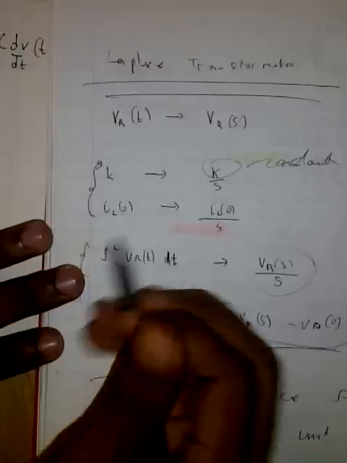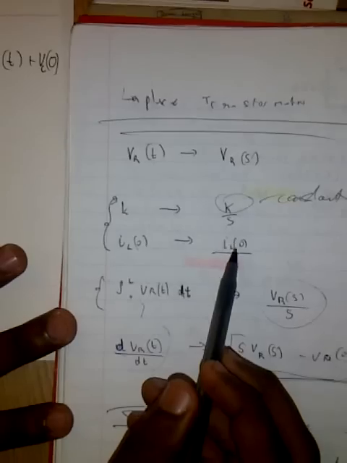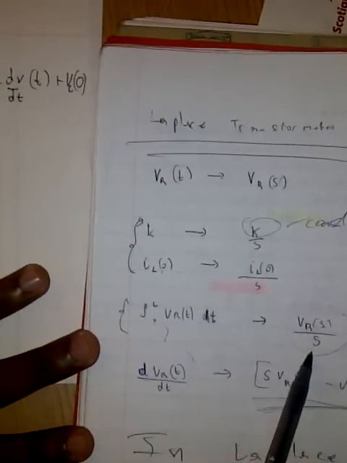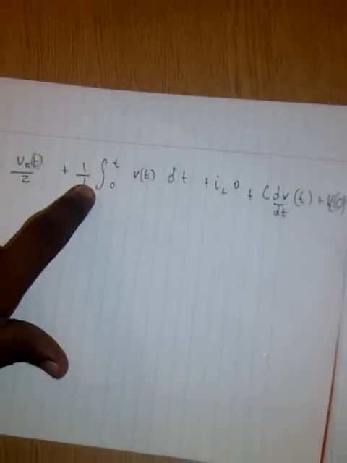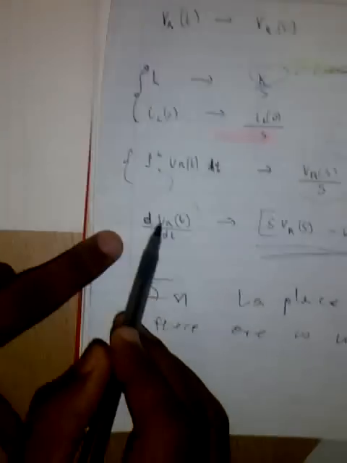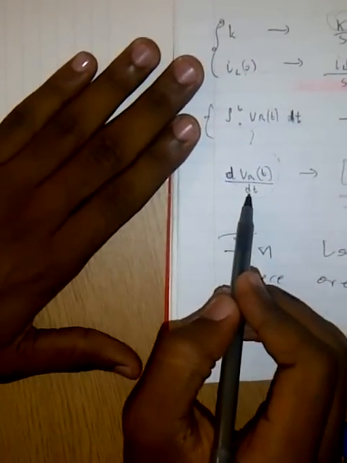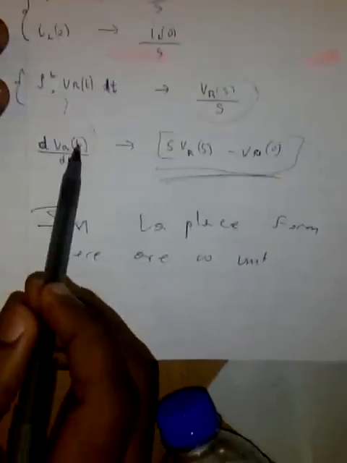Now this is the table. Constant, this is a constant. The IL0 equal to IL0 over S. The integral equal to VRS over S. As you can see here, we have an integral right there. So we'll just substitute that for S and take out the integral. And we have the dV over dt right here. So then we just substitute all of these into the equation, which would have given us that